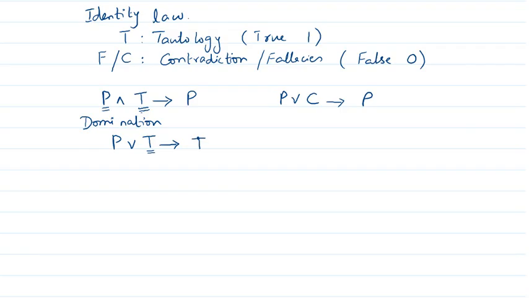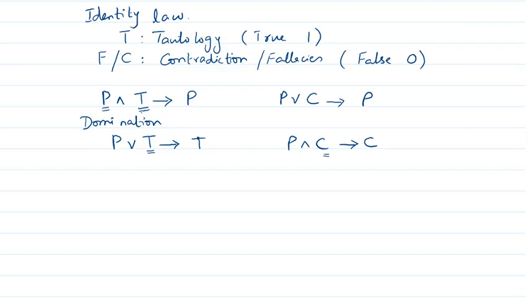In case of P ANDed with a contradiction, the result is very well sure: it is going to result in a contradiction. Why? Because the AND gate has a property: if one of the inputs is 0, the output will be 0. That is false here. So you can say that the tautology and the contradiction are going to dominate. That is why this is known as the domination law in case of the OR gate and in case of the AND